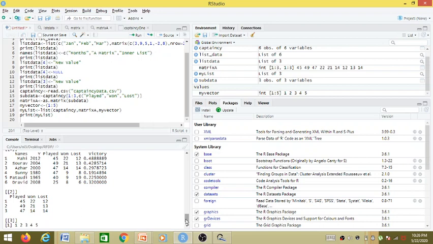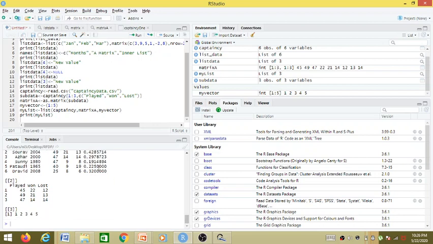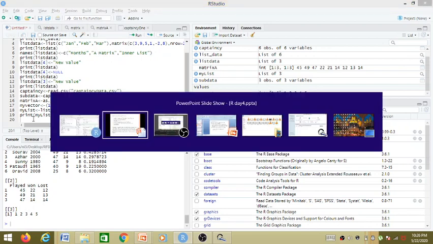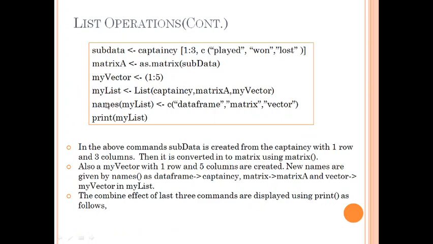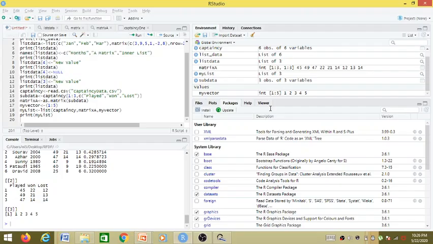We can use the names function, as you can see here, to give these three some names. So let us do that. Names, and we want to give names to my list.